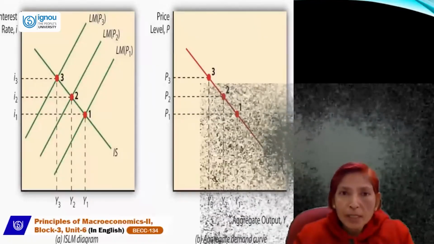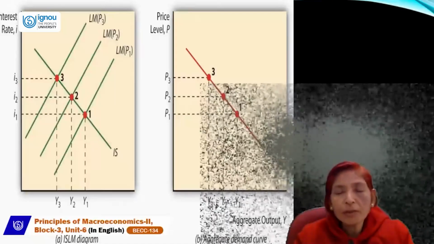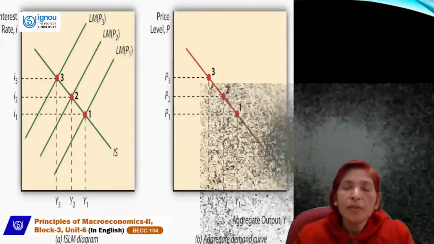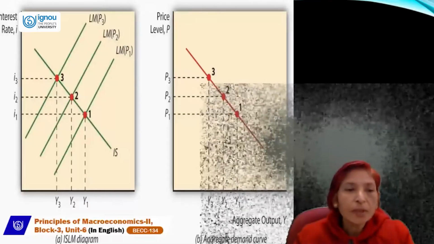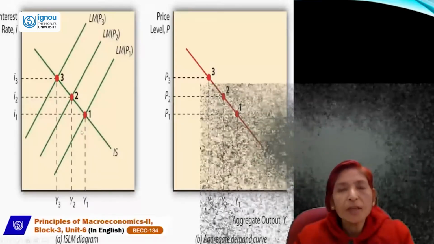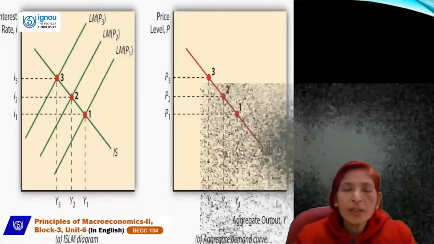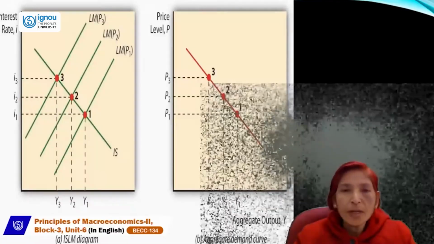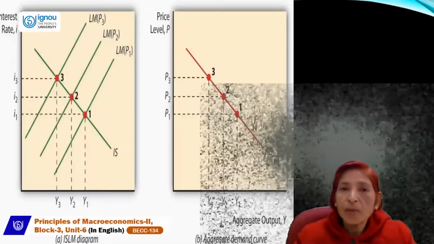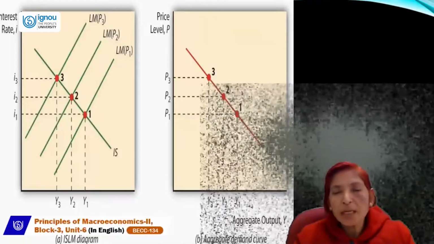It shows a positive relationship between rate of interest and the level of income, where both curves intersect each other, like IS, which is always downward sloping, and LM, which is generally an upward sloping curve. Where both curves intersect each other, the equilibrium rate of interest is determined and the level of income is also determined. If LM shifts left-hand side, then the rate of interest will rise, income will fall. If LM shifts right-hand side, why does LM shift? Due to an increase in money supply or decrease in money supply, because LM shows money market equilibrium.